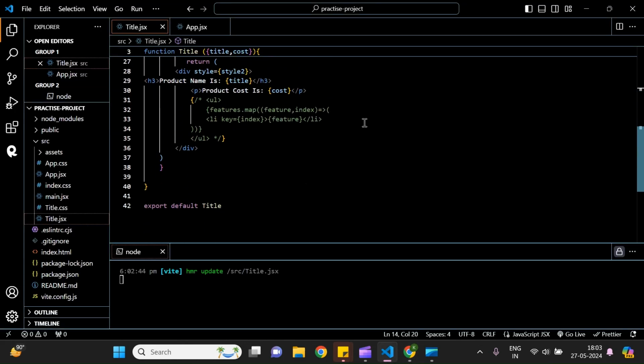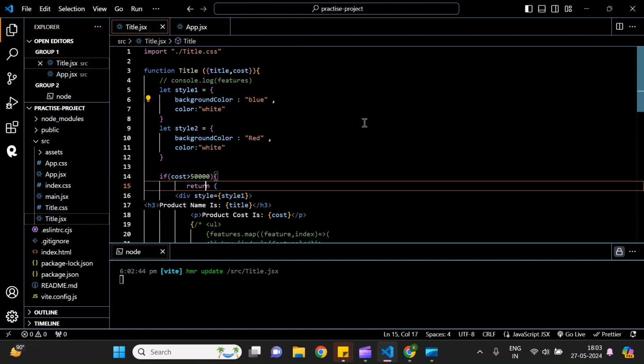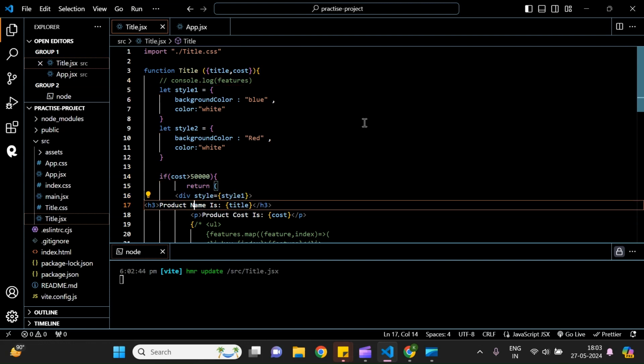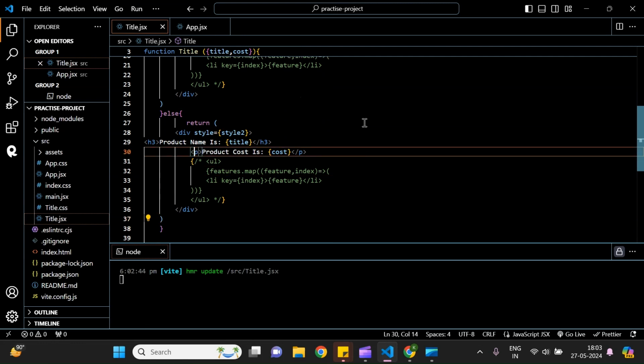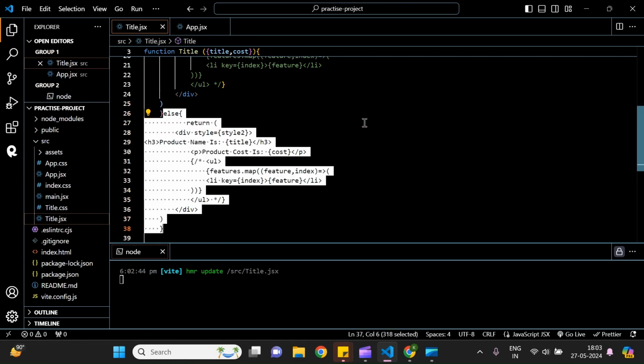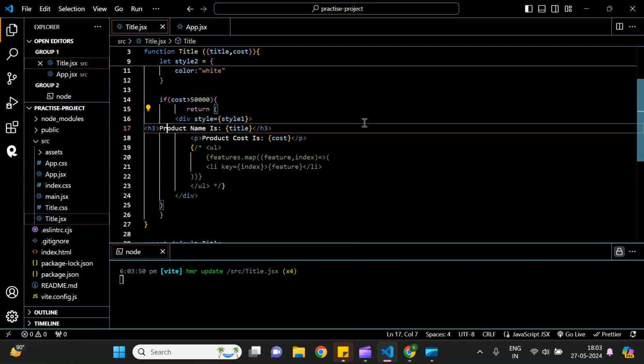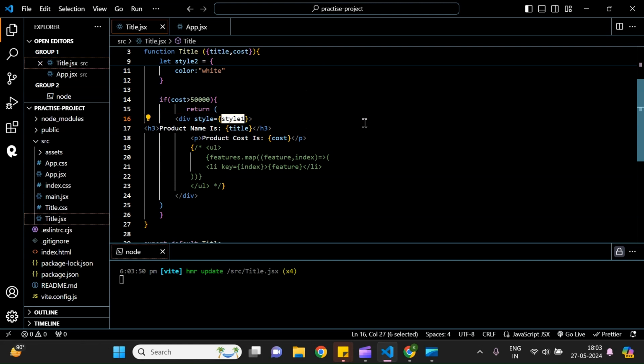So this is how you can implement conditionals in one way. Or the other way of doing this is that instead of mentioning styles in this way, we can remove this else block. So here this is the repeated part of our code, right? Everything in the else block is repeated. So what we can do is go back and, instead of style, inside style,